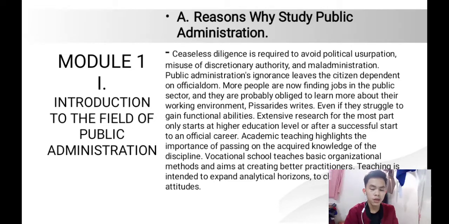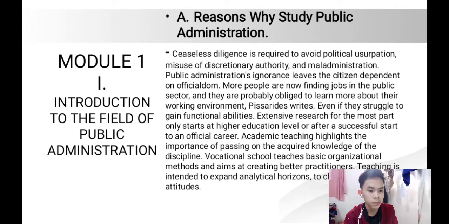So this question is very crucial nowadays. Why do you really have to study public administration? Its importance. Ceaseless diligence is required to avoid political usurpation, messes and discretionary authorities, and maladministration. Public administration ignorance leaves the citizen dependent on officialdom. More people are now finding jobs in the public sector, and they are probably obliged to learn more about their